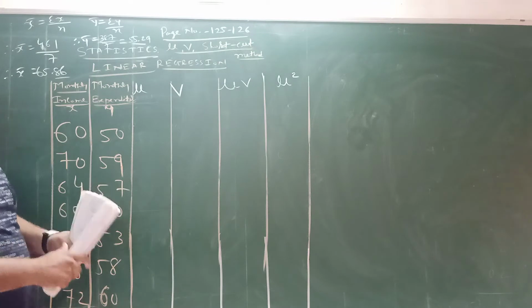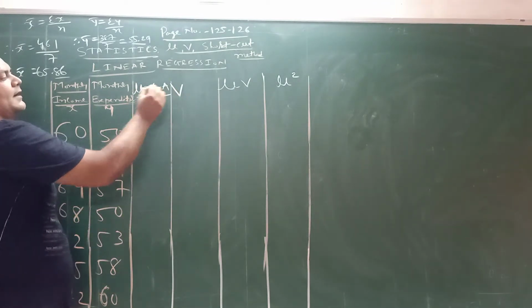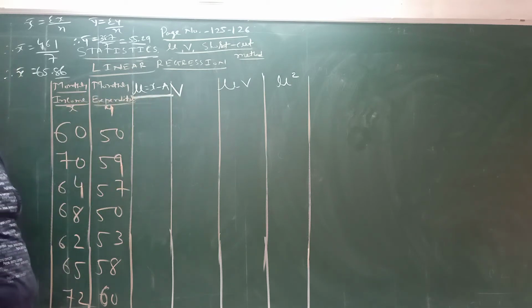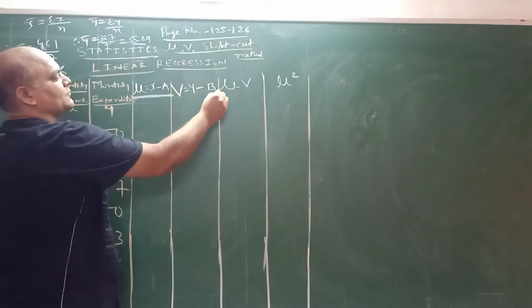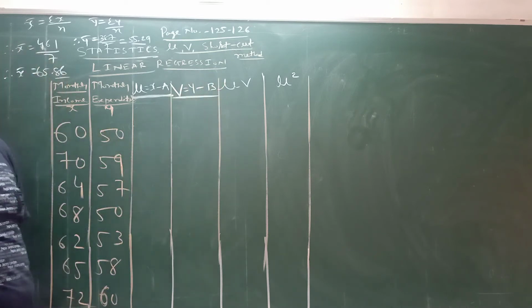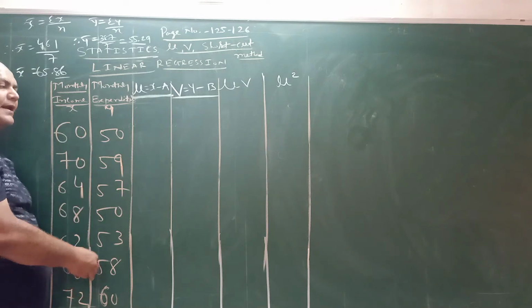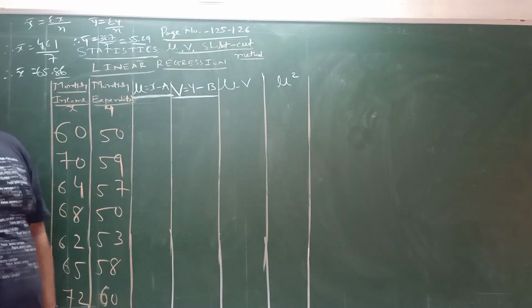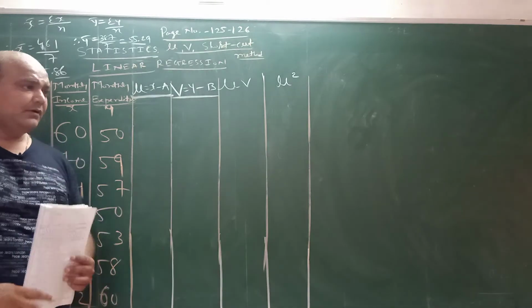Now U, from all the observations we have to deduct any observation, that is called A, the assumed mean. So x minus A. And from all the observations of y, we can deduct any observation, that is called B. You can take any digit and that particular digit you have to deduct from all the digits, as we already learned this in the linear correlation chapter.